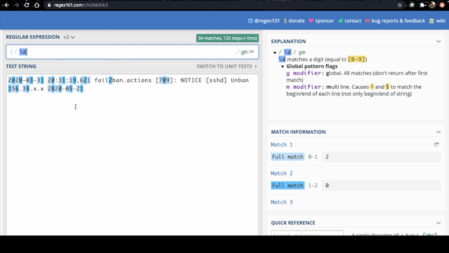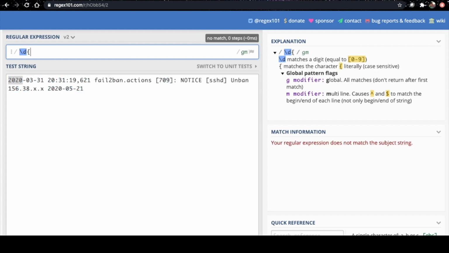So to match exactly the date, we have to identify the number of digits. First, we have to identify the year, and then we have to represent hyphen and then month and then hyphen again and then day. So for that, to match 4 digits, we use the optional token, that is curly braces with the number of characters inside it.